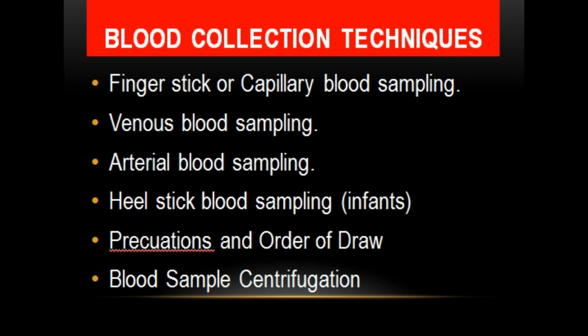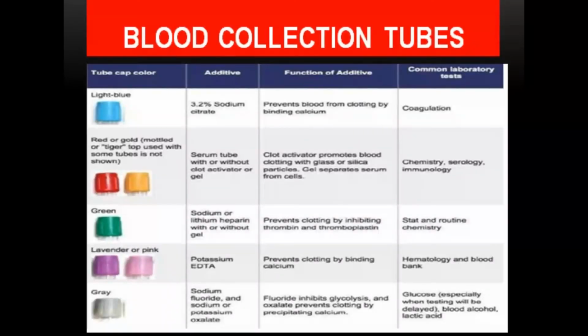The centrifuge should be balanced before its performance, and the noise level should be checked. If abnormal noise or vibration is observed, then we will not centrifuge it, we will stop it and check its function. Now, what are blood collection tubes? We have different types of tubes which are vacuum filled, and they have a specific color which makes them easily identified by a person to collect the specific type of samples.